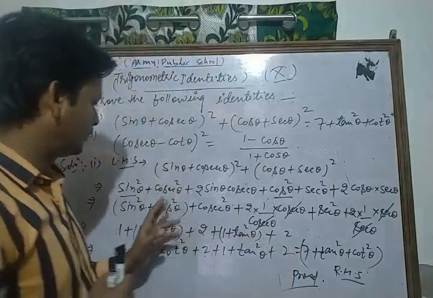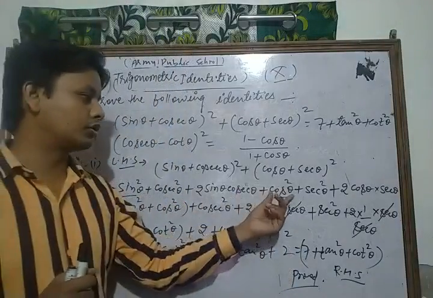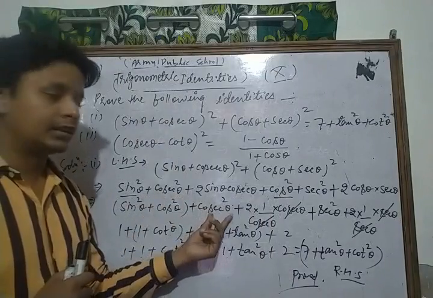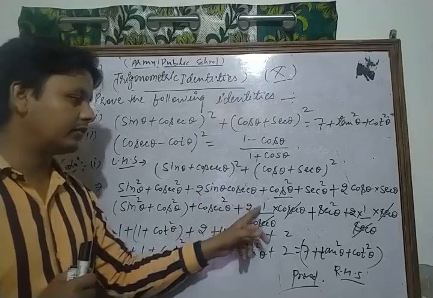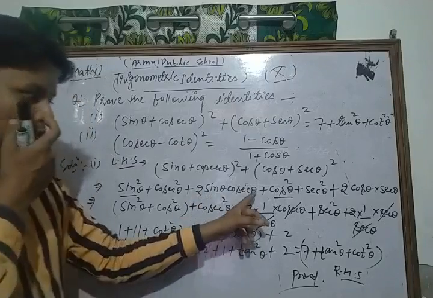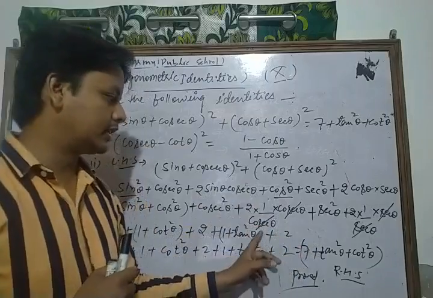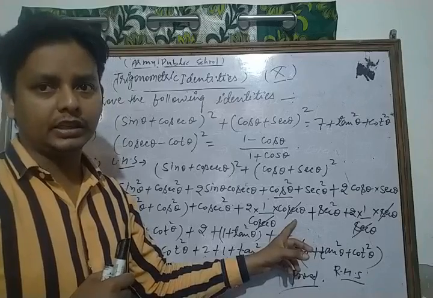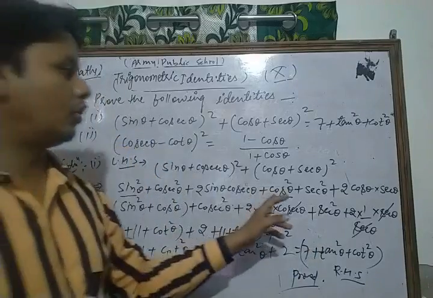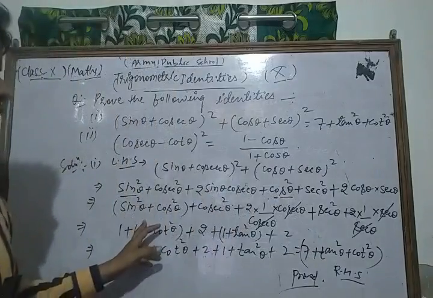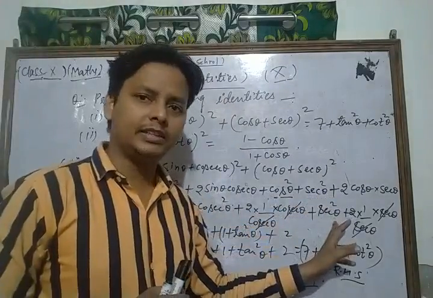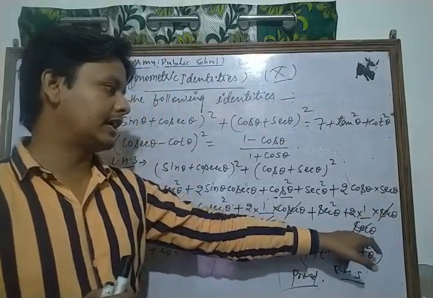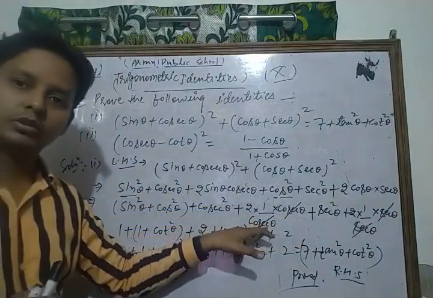Okay, now sin square theta plus cos square theta take together, and cosec square theta write as it is. Here 2 into sin theta we can write 1 upon cosec theta, and cosec theta write as it is, so cosec theta cancel to each other. And here cos square theta and sin square theta take together, sec square theta write as it is, and here cos theta we write 1 upon sec theta and sec theta write as it is. So sec cancel to each other, here cosec cancel to each other.